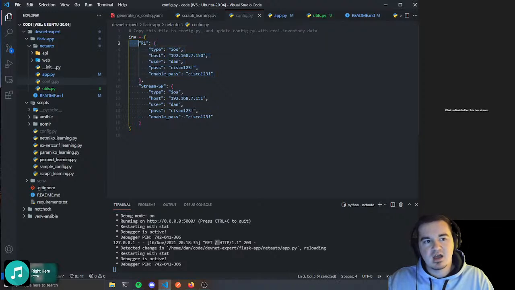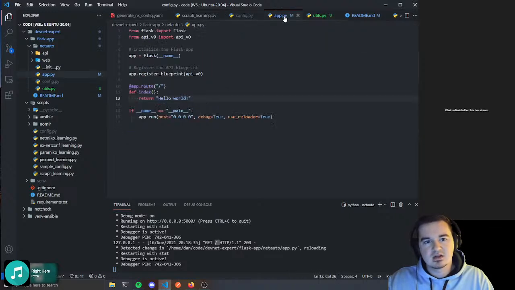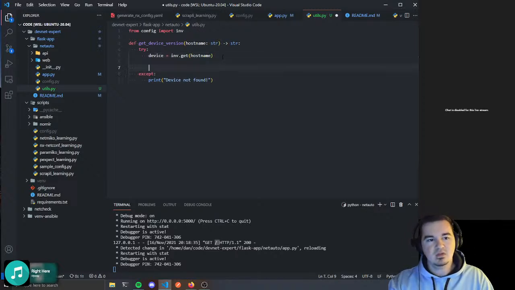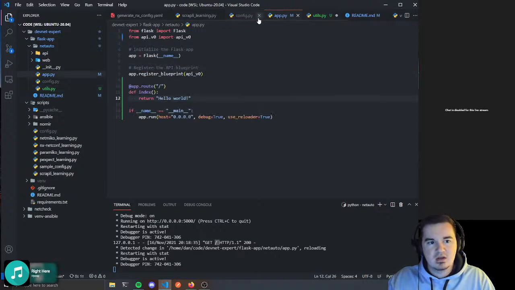If it doesn't find this key, then it's just gonna print device not found. I don't have it raising an error or anything like that, because ultimately I know what I'm gonna be pulling. Anyways, so we're gonna get the device version, and then what we'll do is we will load in